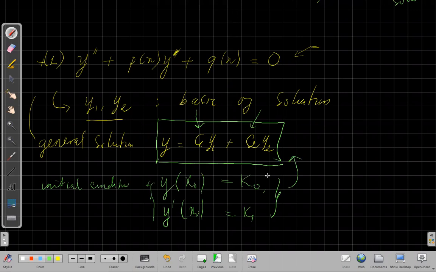This will be made clear with a specific example later. This is what we say about the solution of the second order ODE. So keep in mind this one and this one and this one. And next, we will